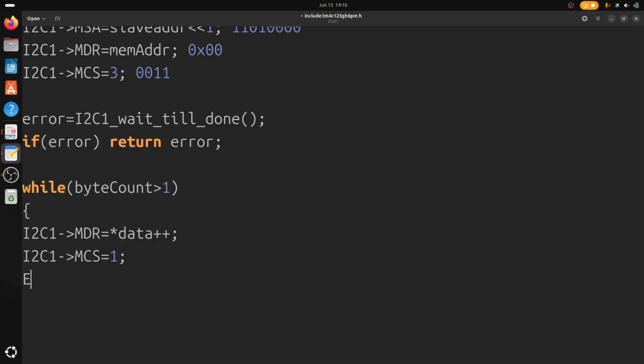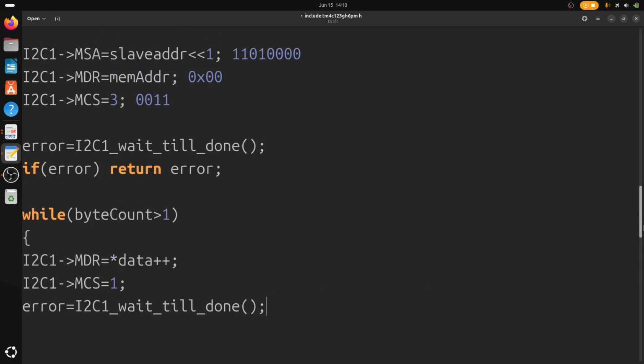So error equal to I2C 1 wait till done. That means here I2C 1 wait till done means